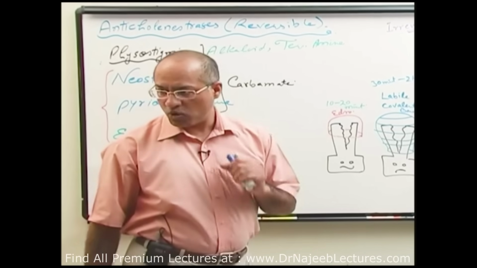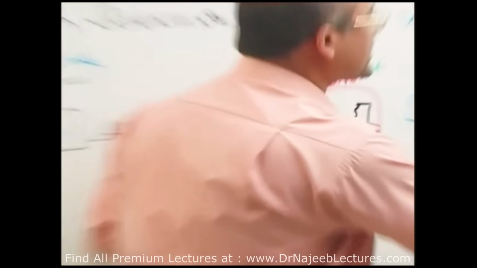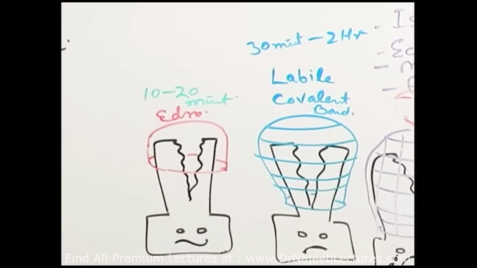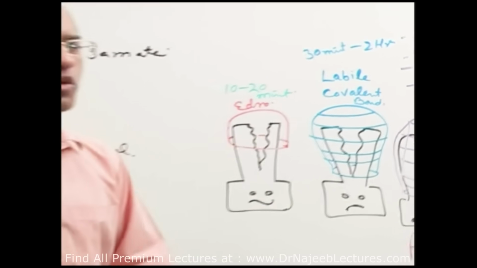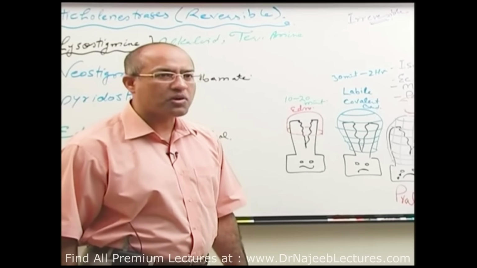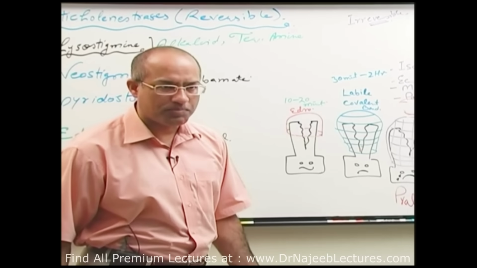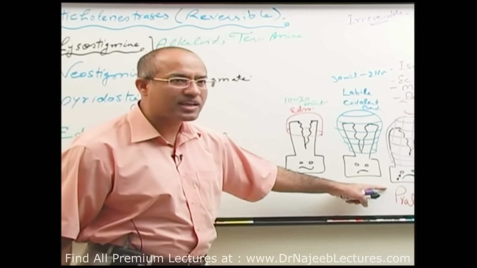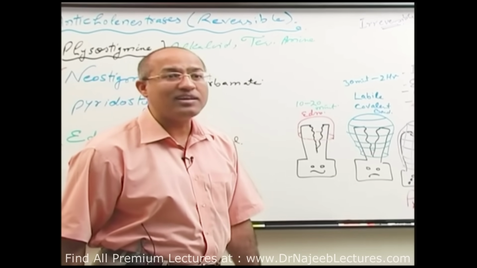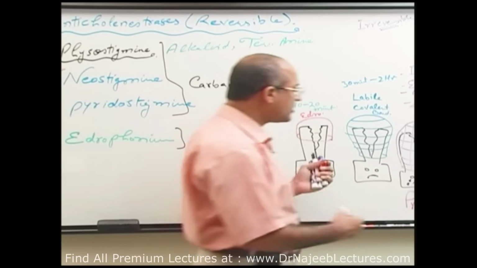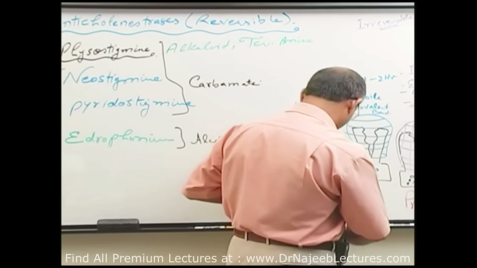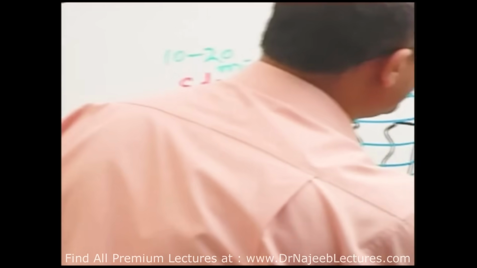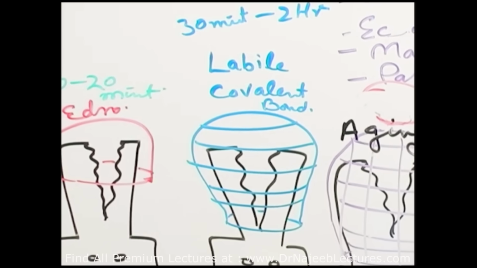after 30 minutes or so, this alkyl group automatically detaches. And if it detaches, do you think we can recover the enzyme? Regenerate the enzyme? No, the enzyme is truly lost forever. This process of loss of the alkyl group and then the drug permanently inhibiting the enzyme is called aging. What is that? This process is called aging.